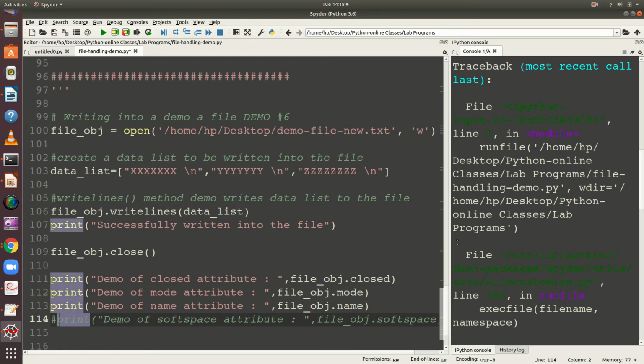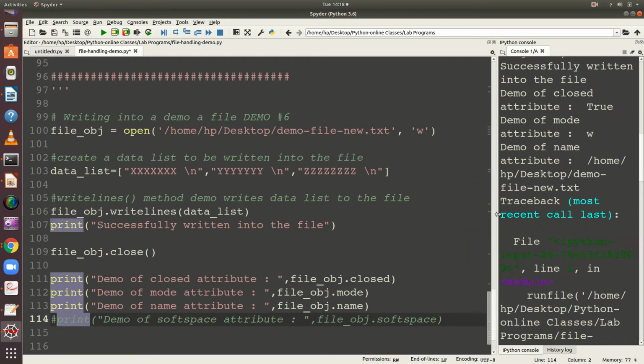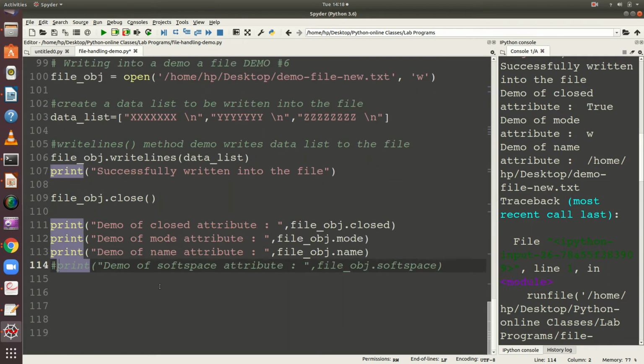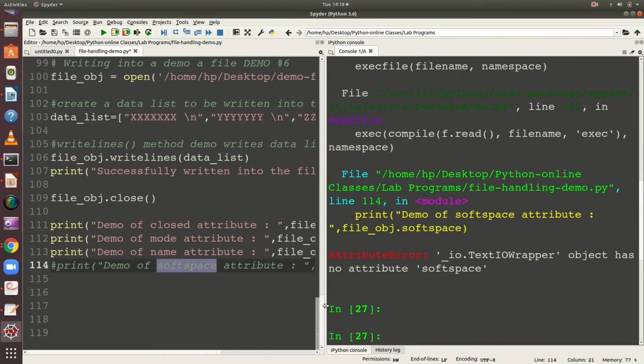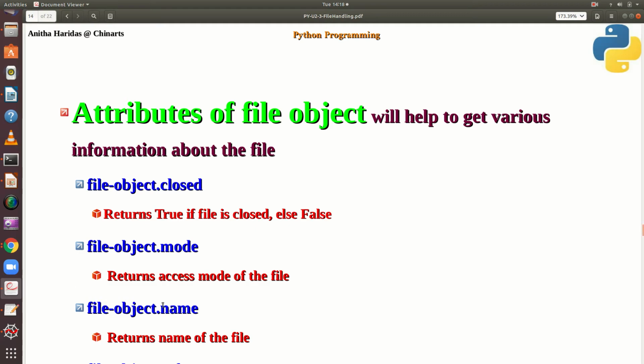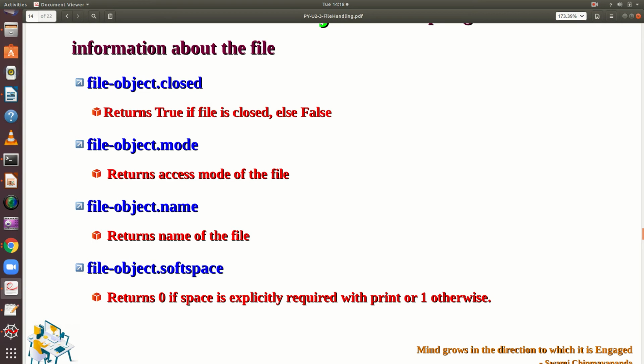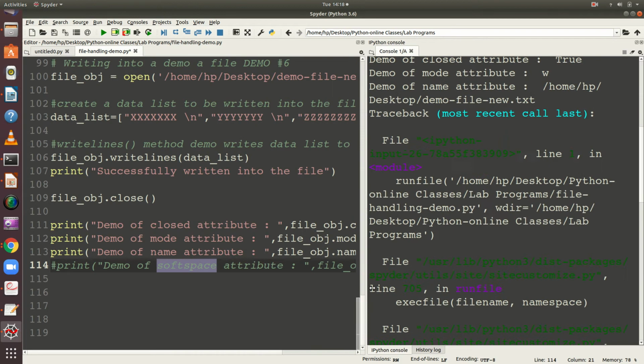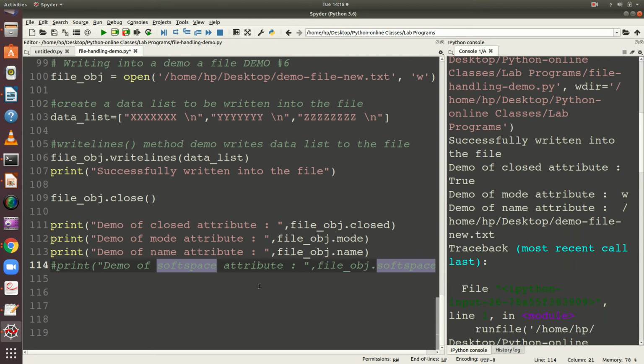Okay, so these are the different attributes that are available for the file object, right? So softspace is giving an error because it is not having the softspace. If the space is explicitly required with the print, it is going to return 0, otherwise it will return 1. Okay, why is it returning an error? Because softspace is not required for this particular file object, so that is why it is returning an error.